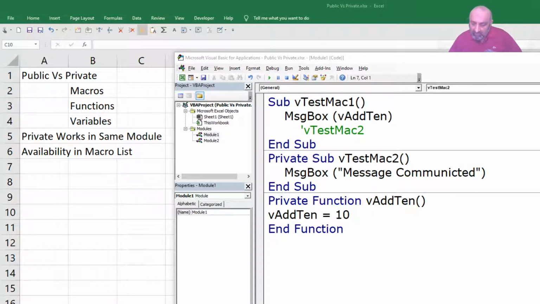But there is one exception to this general rule, and that is you can call a private macro in another module with some different syntax.